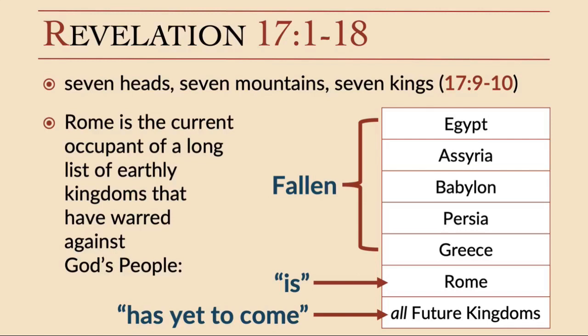So another way of viewing this is simply to understand that the 7 here is a symbolic reference to the totality of these emperors who have waged war, were waging war, and would yet wage war against the church. Now, what I mean by that is this. We've already seen in Roman history, in the early days of the church, in the first century, there isn't a concerted effort by the Roman Empire to defeat Christianity.